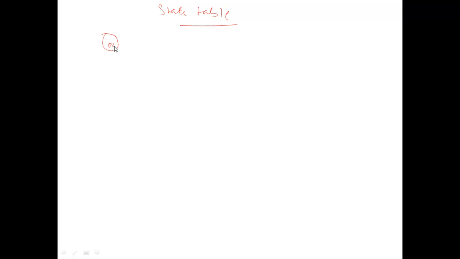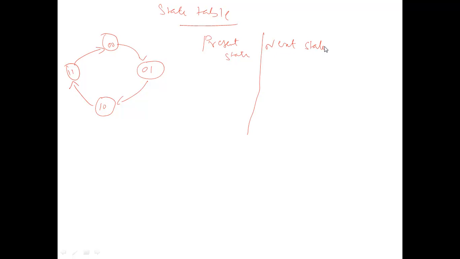So for our understanding, I will draw the state diagram here also. This is the state diagram for the 2-bit up counter that we drew in the previous slide. In the state table you are going to have the present state and the next state. So what is the present state and what is the next state? If you are in this state, this will be your present state, and once the clock pulse is triggered, you will go to the next state, 0 1. Similarly, if you are in this state, this is the present state, and once the clock pulse comes, it will go to the next state here. So if the present state is 0 0, then the next state will be 0 1.